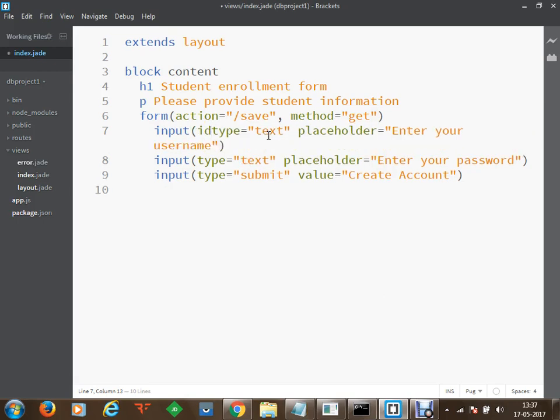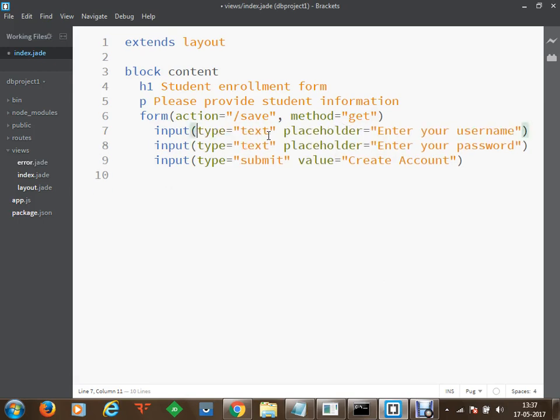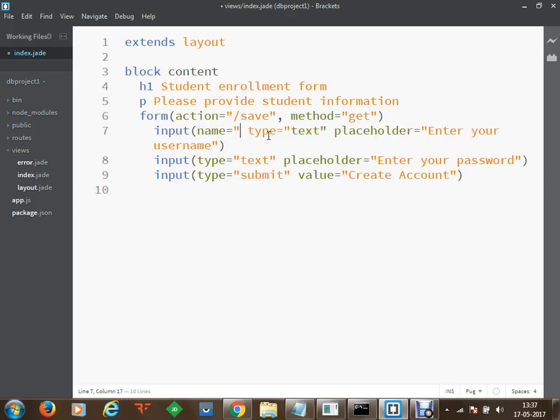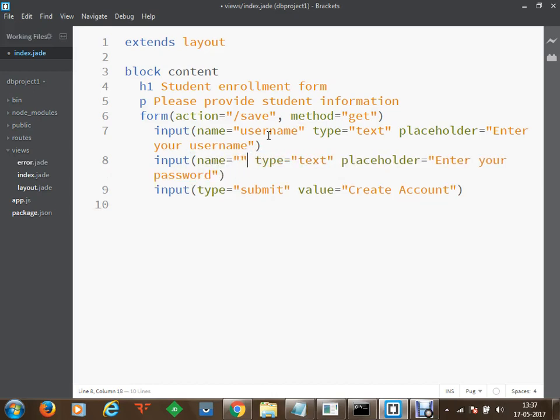Sorry, the name of this element. The first will be username, and the second element which we are going to send from here will be password. So now the keys will be username and password, and both inputs we have provided here will be sent to our save route using a get method.